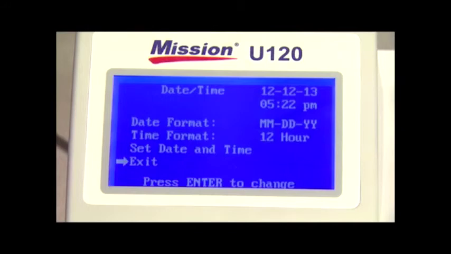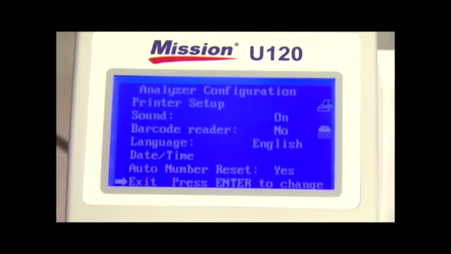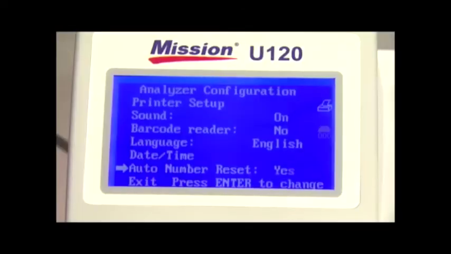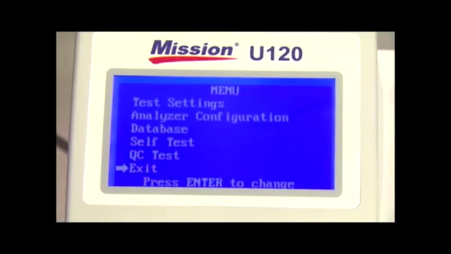Make sure that the date and time setting is correct based on the date format and time format. The last option in the analyzer configuration is the Auto Number Reset. Select Auto Number Reset and press Enter to cycle to Yes or No. If you select Yes, the test number will reset each day. If you select No, the test number will be unaffected by the date. Once you have selected your desired option, select Exit to go to